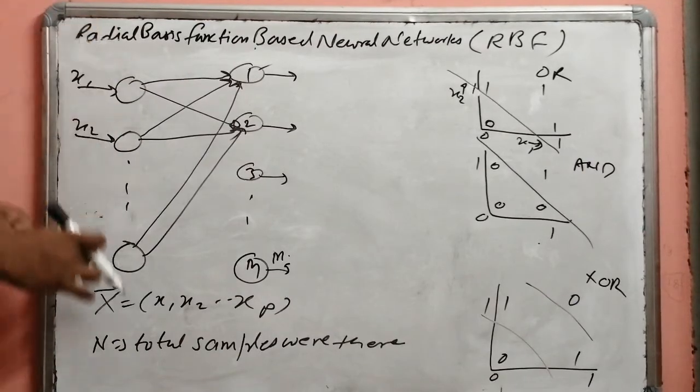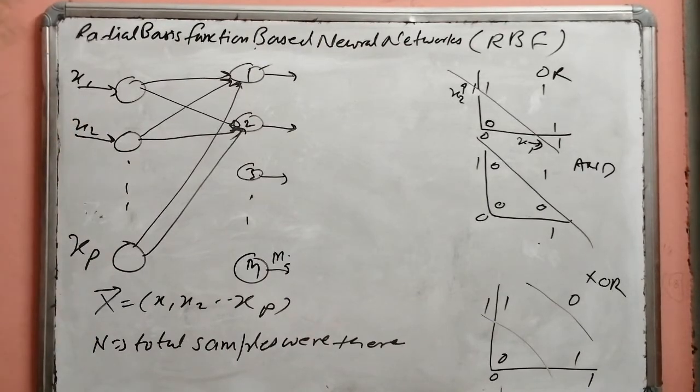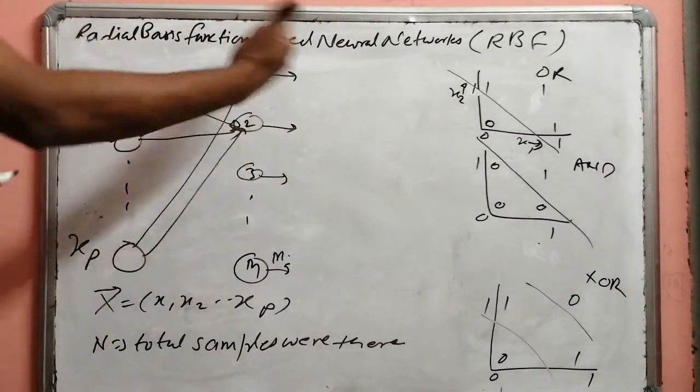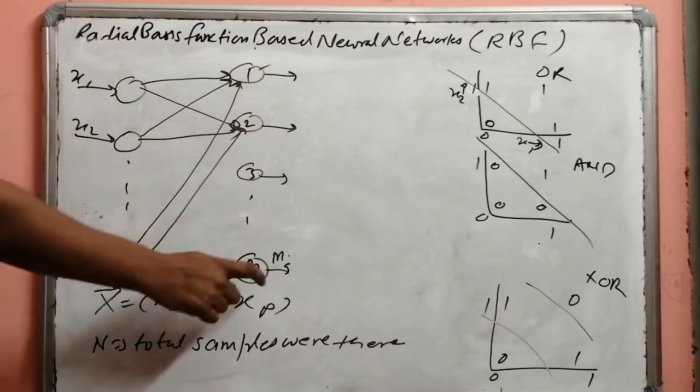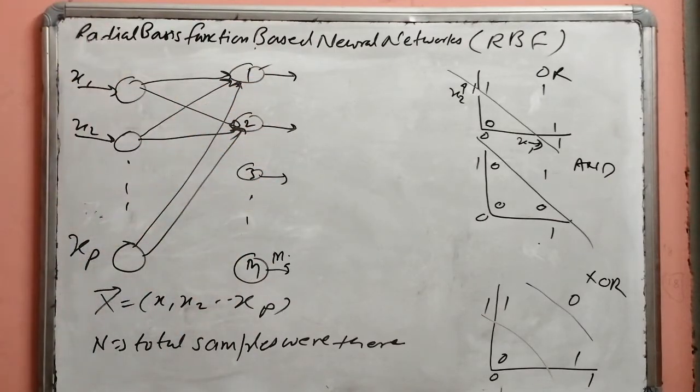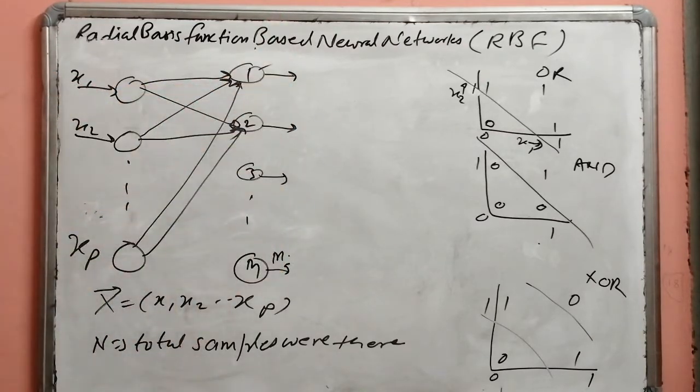These new features will have to be considered for further classification, because we were pretty clear that these p features were not giving fruitful results to correctly classify the pattern space, your input space. So we have just increased the dimension, we have non-linearly mapped these p features to your m features, and now we will try to apply some classification mechanism to classify the input space based upon these m features.